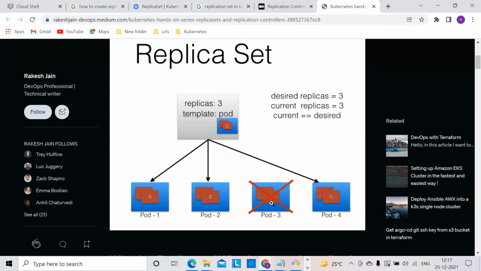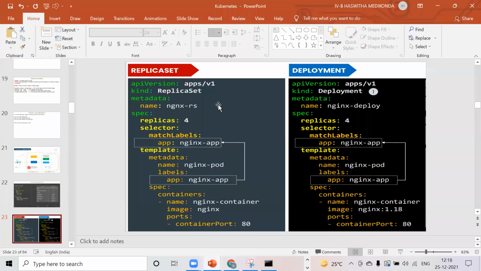Then what happened? This replication controller, this replication set mechanism, tries to bring the same number of pods as we mentioned in the replication set YAML file. Here the desired replicas is 3, current replicas is 3. Current equals desired, this is the concept. If we have mentioned it here in our file,